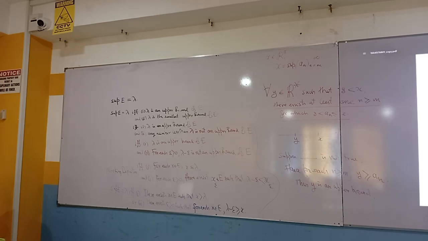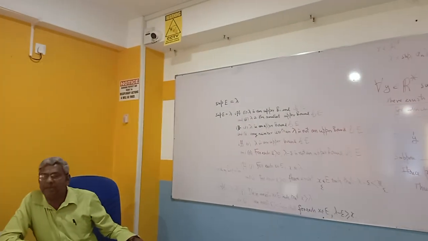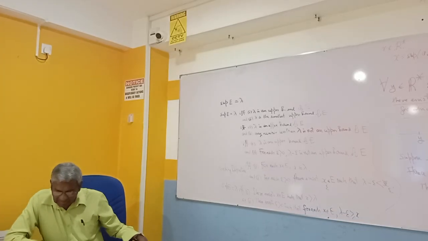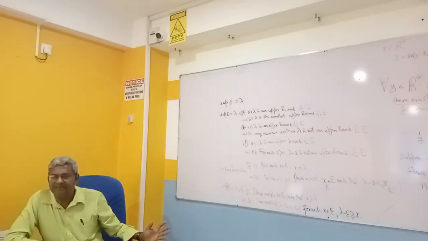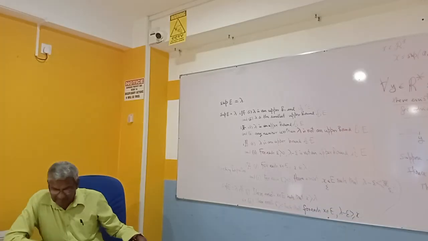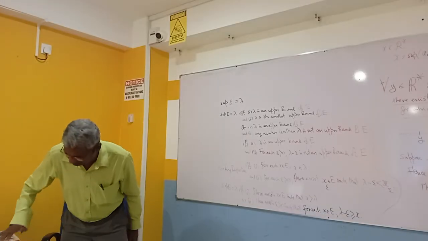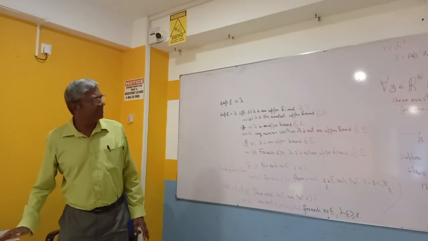Let a_n, starting from m, be a sequence of real numbers which has some finite upper bound. The upper bound is a finite real number, m belongs to R, and the sequence is also increasing: a_(n+1) is greater than or equal to a_n for every n. Then a_n is convergent and in fact,